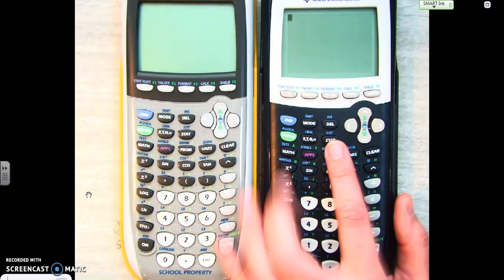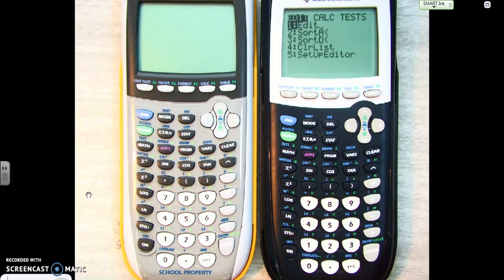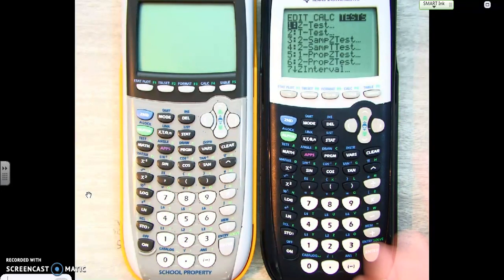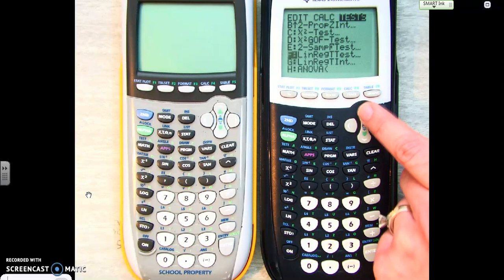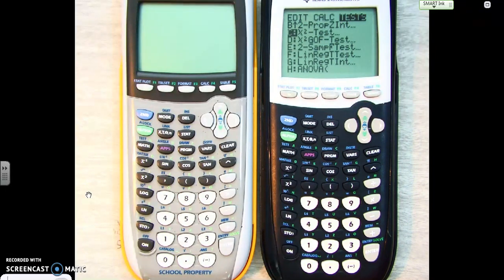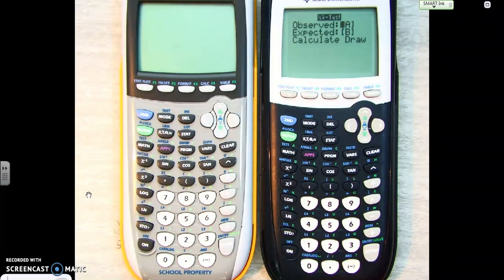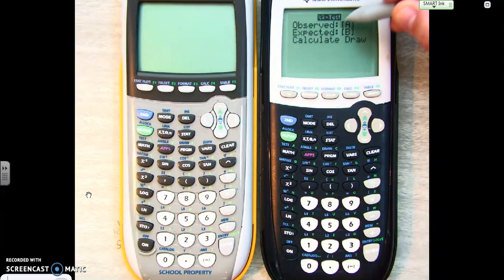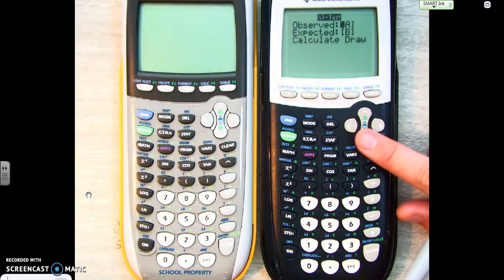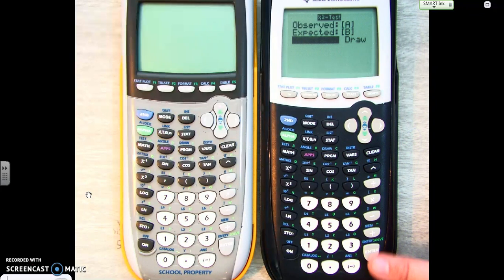And we'll go back to the test. So I'm going to hit Stat, scroll over to Test. This time I'm going to scroll up because the chi-squared test is towards the bottom, so it's faster to get to this way. And I'm going to hit Enter. Okay. Now my observed is A, and that's where I put all my observed values into matrix A. Now you're probably noticing it says expected into matrix B, but we didn't type anything into B. That's okay. The calculator is actually going to save it all there for us. So if we scroll down and hit Enter,